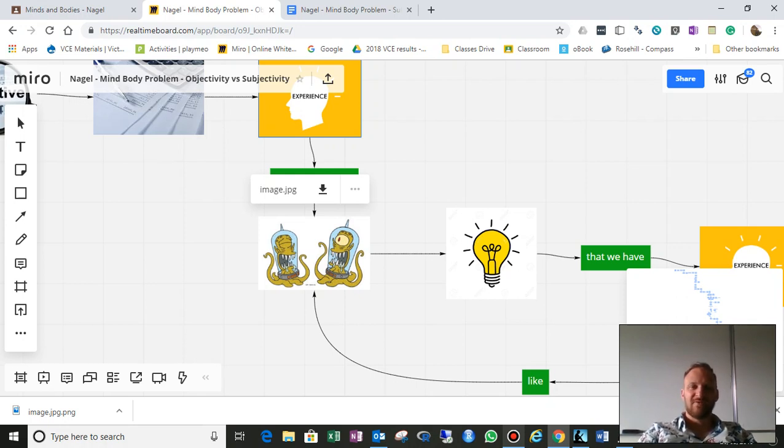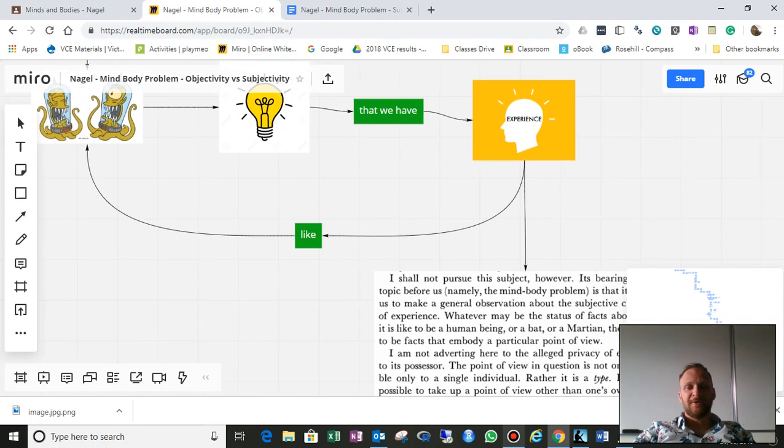Remember I said before that objective phenomena tend to be understood by many different people from different points of view. Well, an alien has its own point of view and we have our own point of view. And if we could both understand that we have some kind of experience and we can make a reasonable approximation of some of the qualities of that experience, then there must be something a little bit objective about it, but experience is mostly subjective, okay? Take a note.